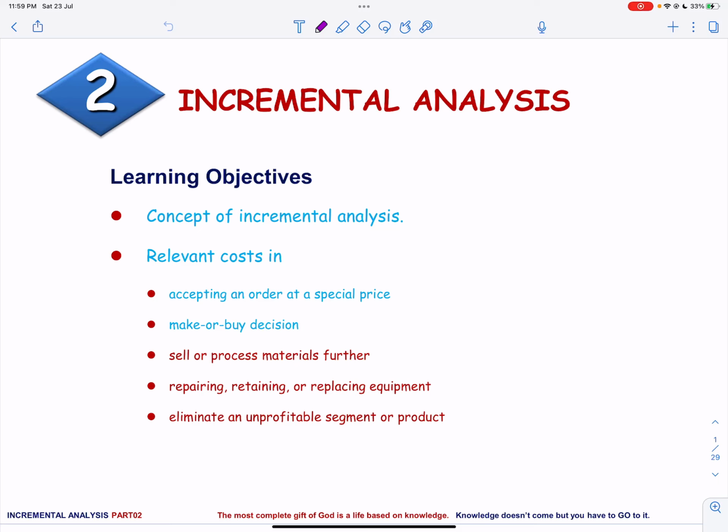Bismillahirrahmanirrahim. This is the second video on incremental analysis. In the first video, we described the concept of incremental analysis. We also identified the relevant cost in accepting an order at a special price and make or buy decision. In this video, we will explain how to use incremental analysis to determine whether to sell or process materials further, cost to be considered in repairing, retaining, or replacing equipment, and how to decide whether to eliminate an unprofitable segment